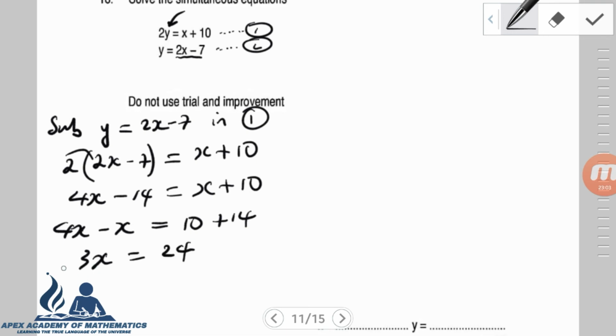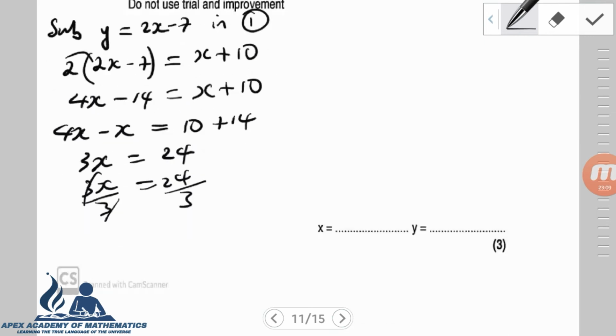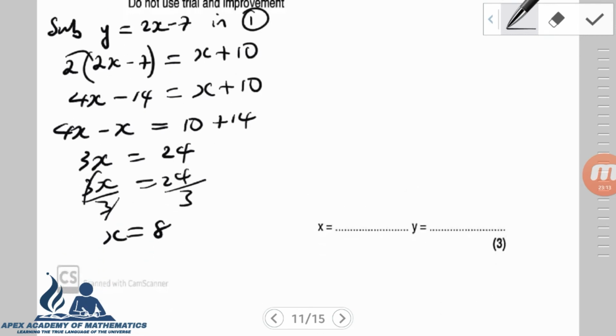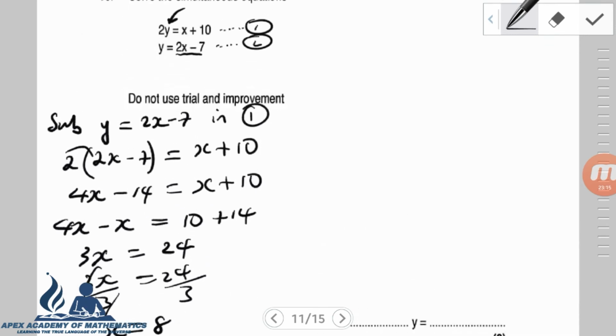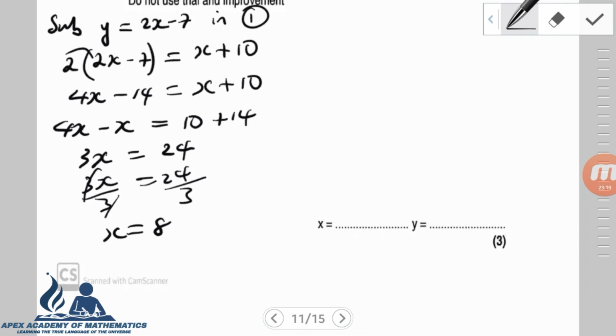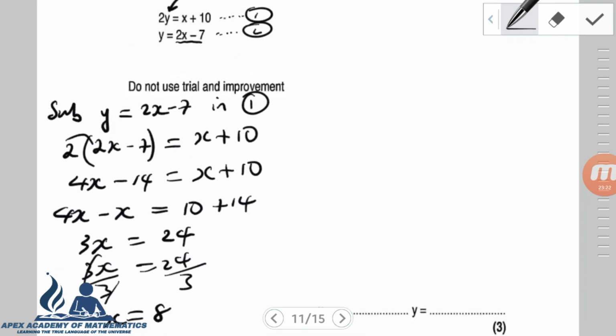So if I divide both sides by 3, I'm going to get x to be equal to 8. All right, so I've gotten through that part. So the question just looks difficult, or appears to be, but of course it's not as difficult as you think it is. So now I'm going to sub 8 for x in